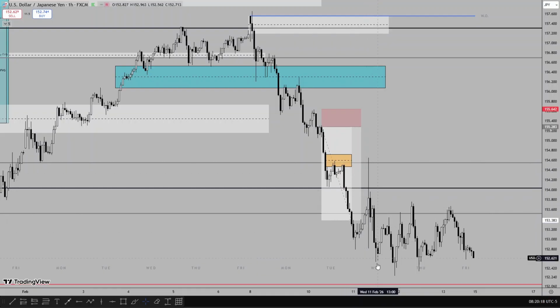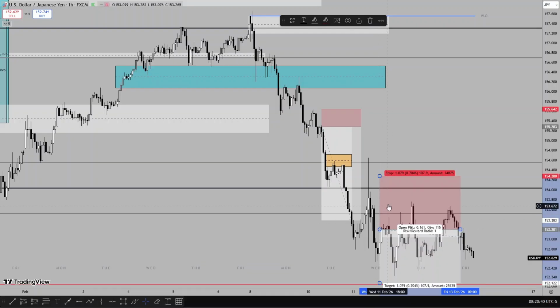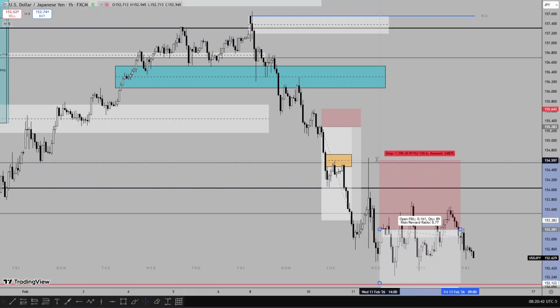After NFP news, price did trade lower and took out the swing low. There was a fair value gap and an order block for price to use as a resistance area to trade lower to run the sell side liquidity. Now, personally, I didn't take the trade because, from the distance in taking a trade from the order block with my stop placed at the swing high, it wasn't much of a trade. From the entry price to the take profit is not even up to a 1 hour trade, so I didn't take advantage of it.